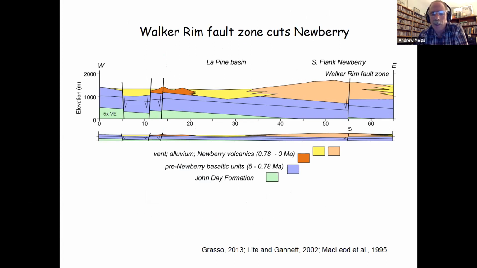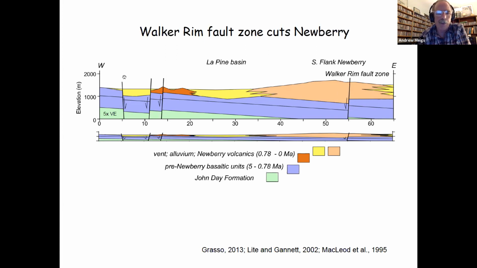Of course, with no vertical exaggeration, it doesn't look that impressive. So the vertical exaggeration amplifies the several hundred meters of relief in the Walker Rim fault zone that I projected and modified from Ken Light and Marshall Gannett's cross section to show that the Walker Rim fault almost certainly underlies the flank of Newberry volcano. The other thing that's really interesting about this part of the world is this fault zone right over here,